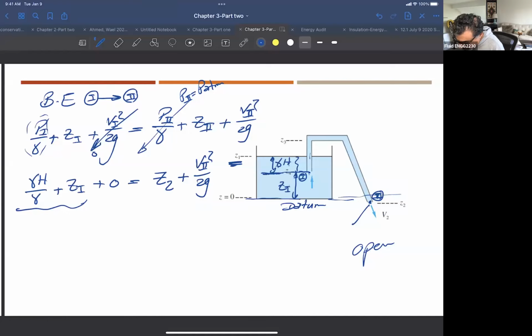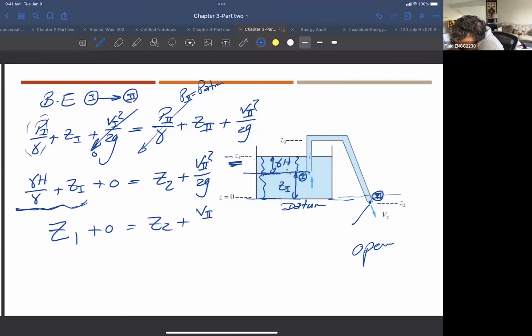So the summation of these two from the datum here will be Z1. So this distance plus this distance is basically this level here, Z1, right? So this is Z1 plus 0 equal Z2 plus V2 square